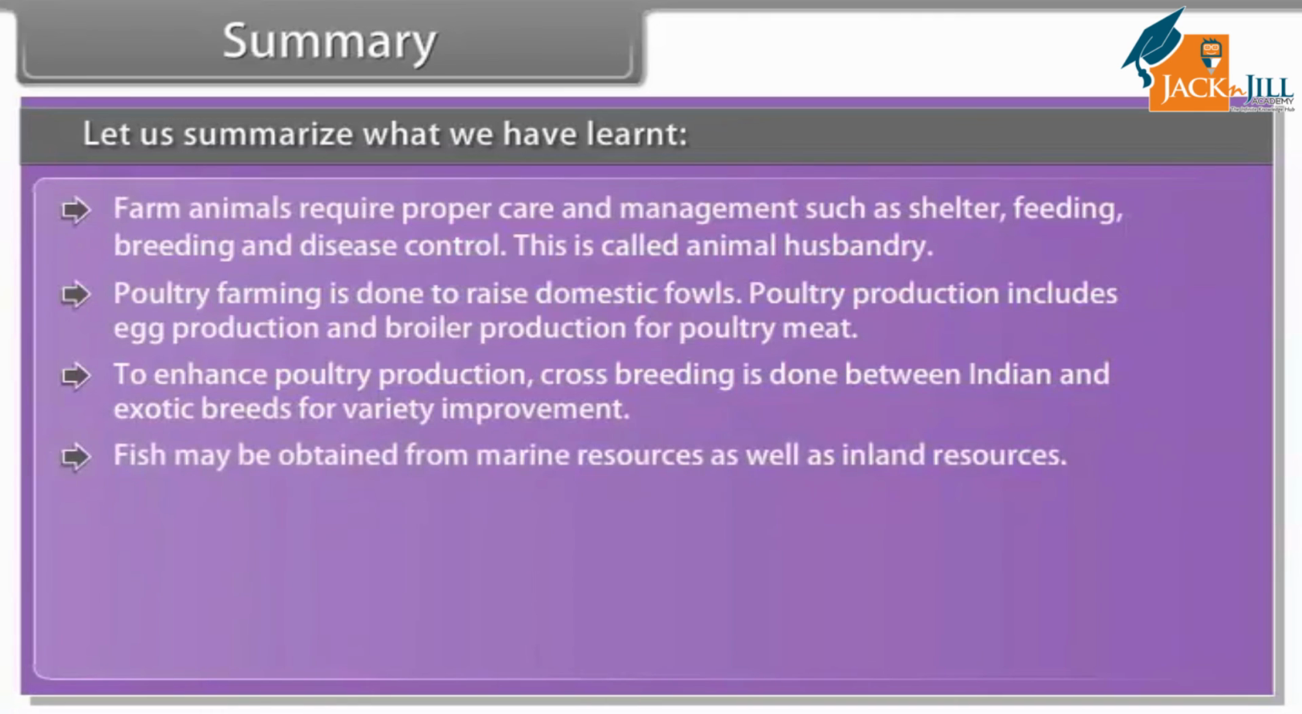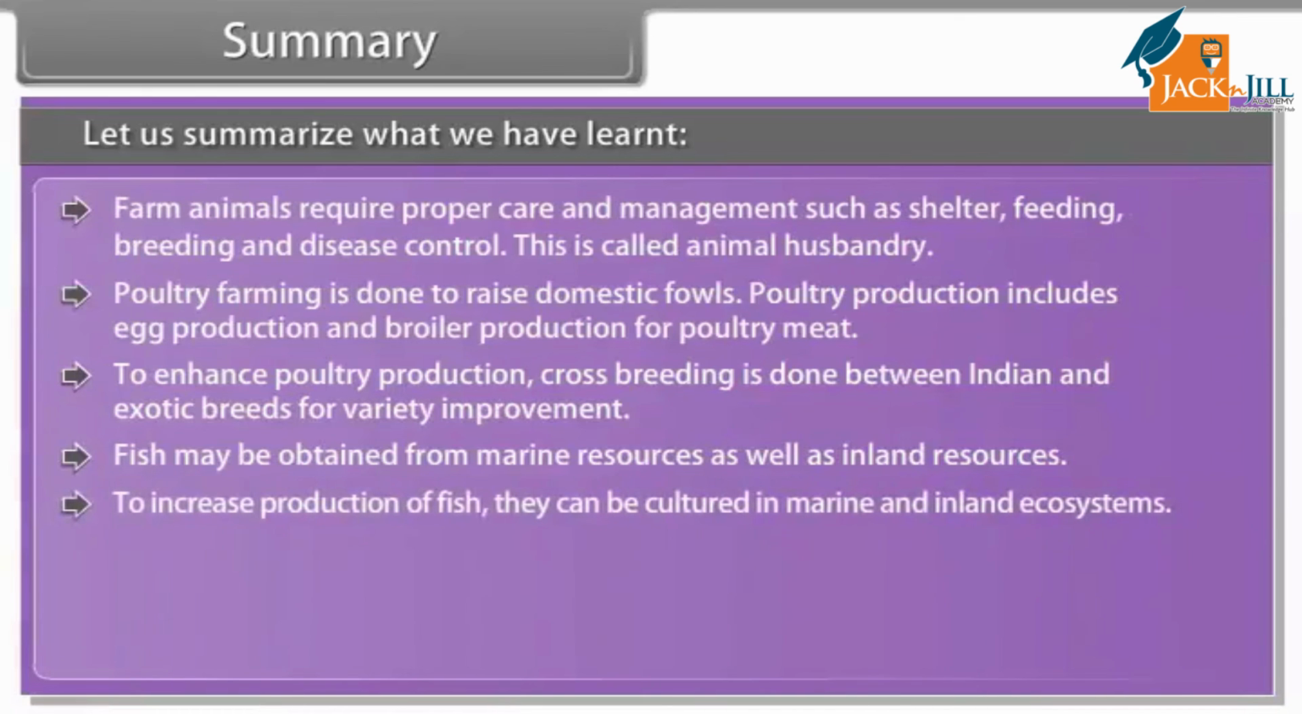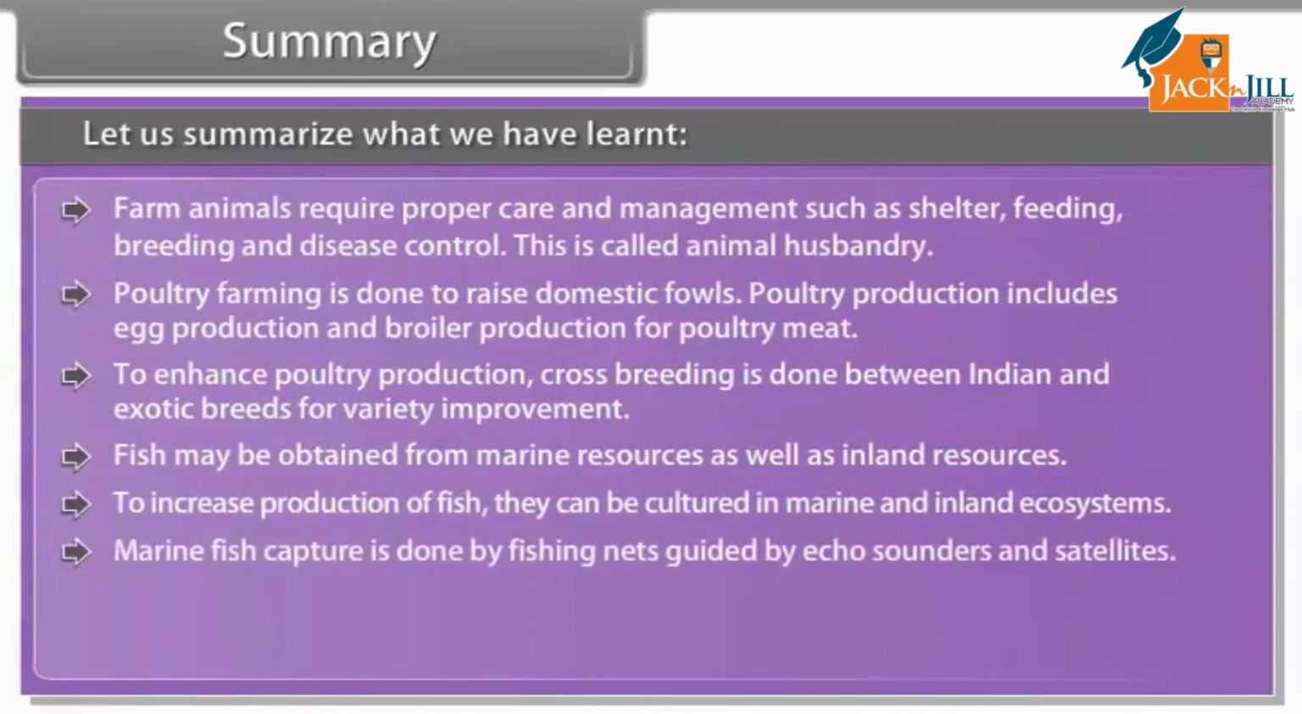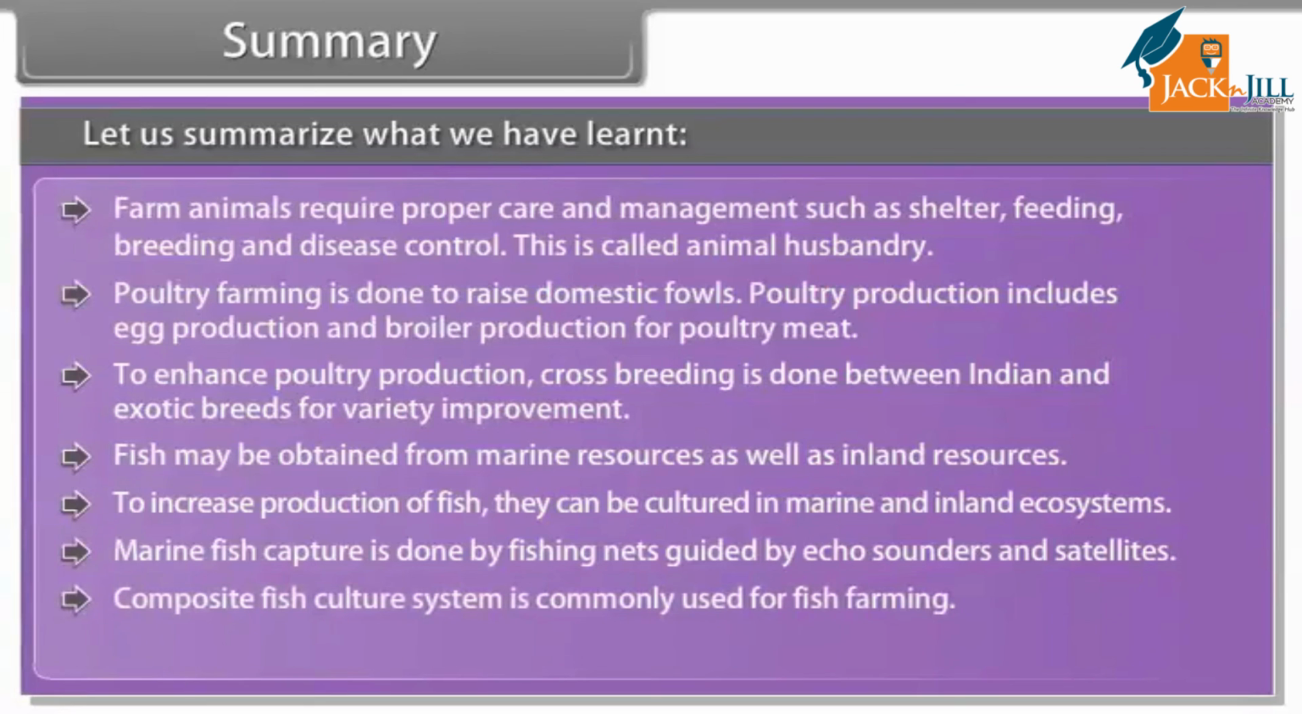Fish may be obtained from marine resources as well as inland resources. To increase production of fish, they can be cultured in marine and inland ecosystems. Marine fish capture is done by fishing nets guided by echo sounders and satellites. Composite fish culture system is commonly used for fish farming. Beekeeping is done to get honey and